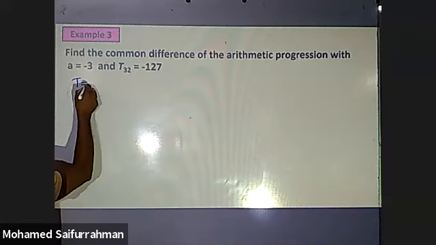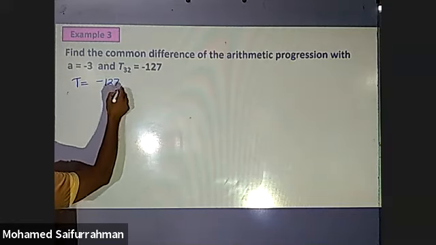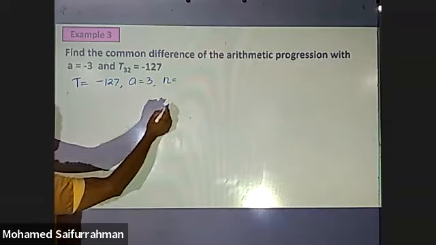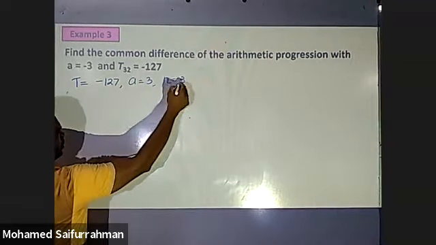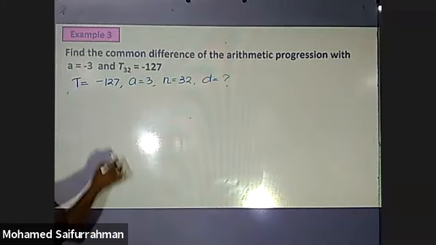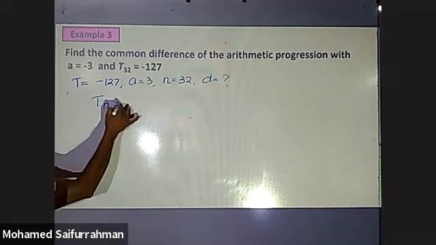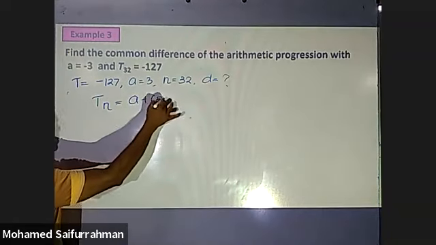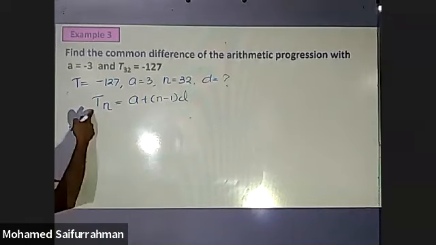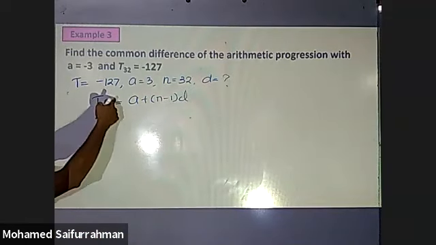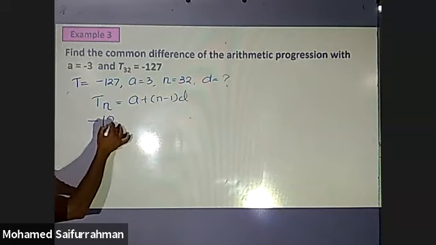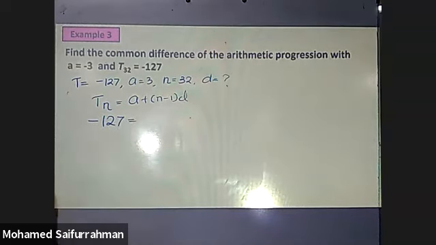So the term is given, minus 127, A is minus 3, n is 32, D is unknown. The equation is Tn equals a plus n minus 1 times D. Tn represents the term, so minus 127 equals